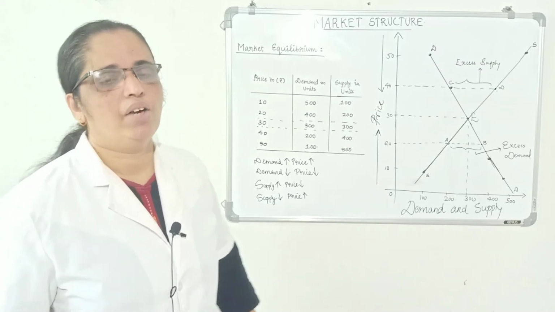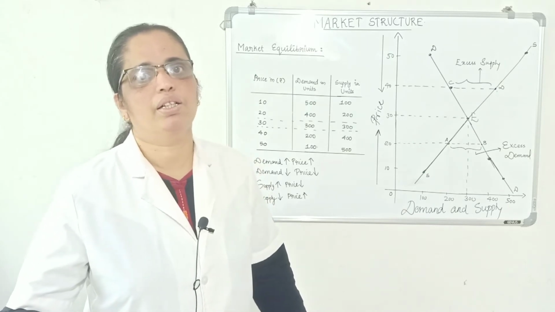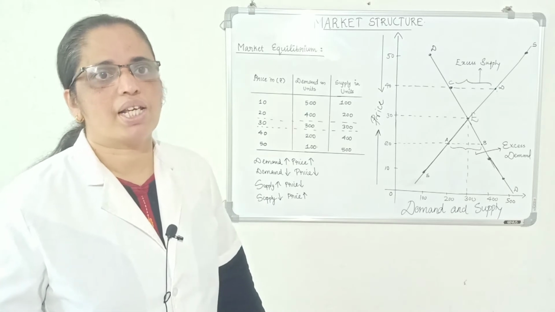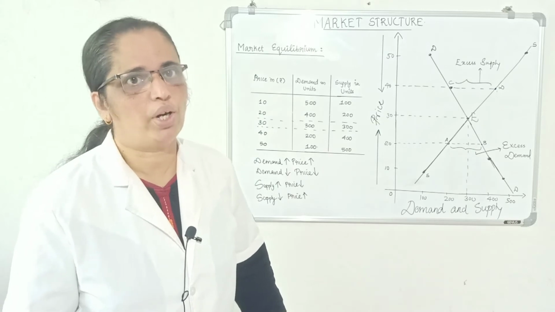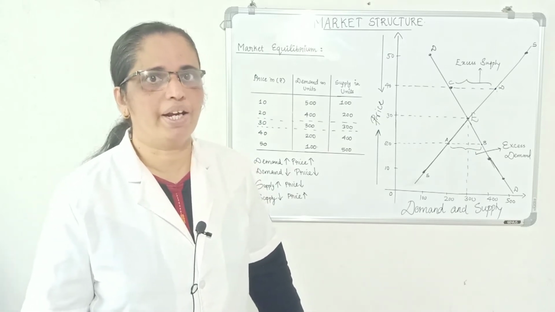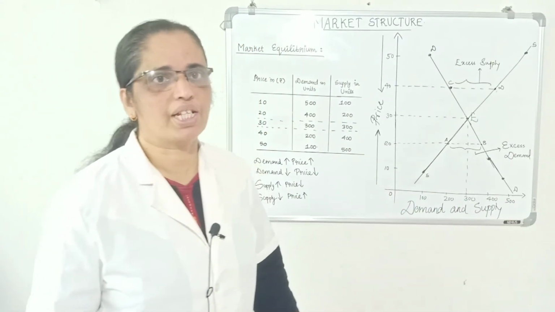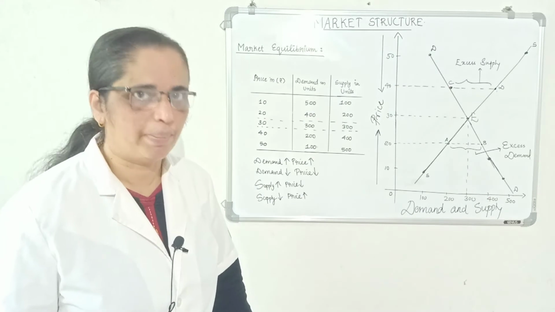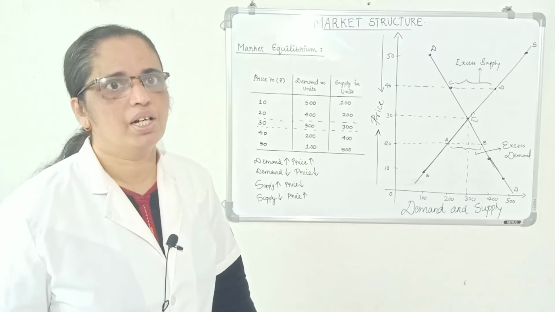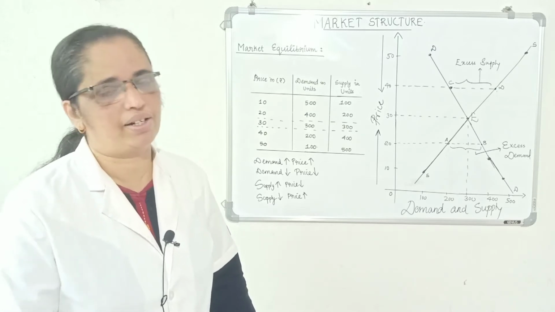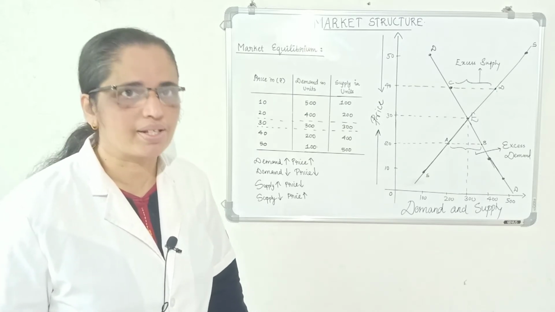Yes, you know, when buyers are competing to buy, the demand force is emerging. When sellers are competing to sell, the supply force is coming up. These are known as the market forces of demand and supply. In a market, how are prices fixed? Prices are fixed by demand and supply, in a market wherever competition exists. Competition means competition among buyers and sellers. Buyers are competing to buy and sellers are competing to sell.